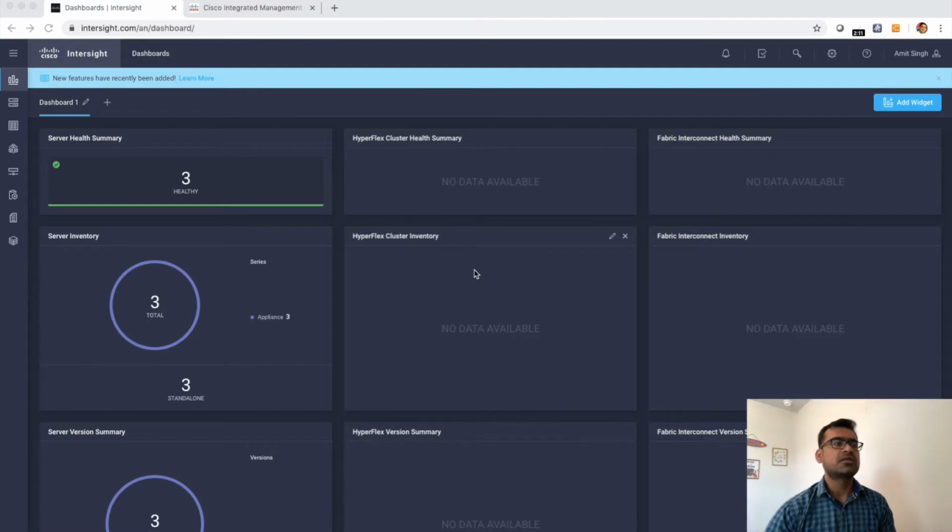So on my screen, you can see I am logged into my Intersight account. Intersight has different types of deployment. It can be on-prem or it can be a cloud-based deployment. All you need is a license and your account created. Once you have the account created, you can onboard all your UCS devices to your Intersight account, and then you can visualize that. So in this video, I'm going to show you how you can onboard devices and what all you